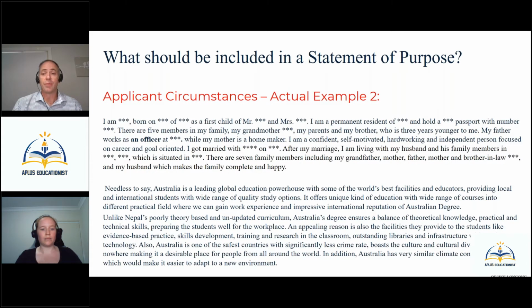Now, the second example here, from the Nepalese student, is again a lot of information in the first paragraph about their personal situation, a little bit more than the previous example we gave. And in this particular example, this person spoke about their extended family. And then the bottom two paragraphs talk about Australia and different aspects of Australia. Whilst it was written differently to the previous example, we were comfortable that the research was independent, and we were comfortable that that covered off on the aspects that were required within the statement of purpose for that particular area.